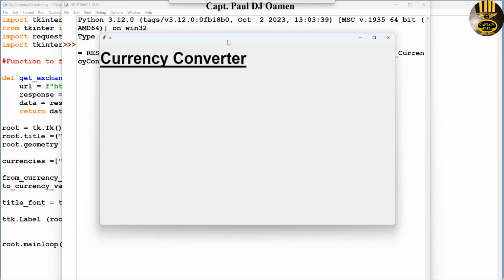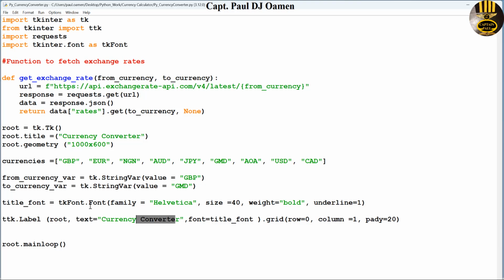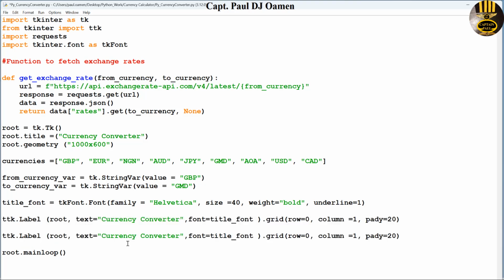There we go. Look at that. So don't worry about getting it centered. I will use the other widget to get it centered. Okay, next I'm going to now create another one. So just copy this, paste it right underneath here. That is going to be for the amount. The text that will be displayed will be amount. And the font, I'm going to change these fonts. Instead of using the previous one, I'm going to use another one. It's going to be Verdana as well. So grab all of this